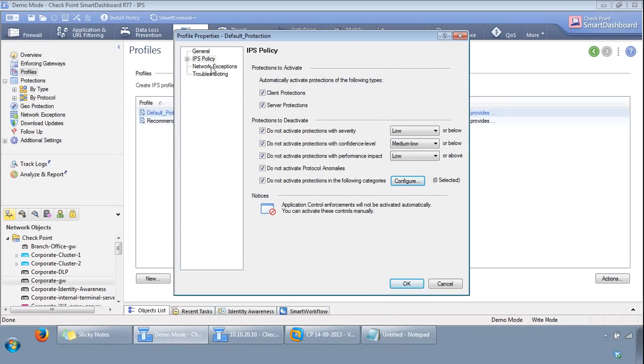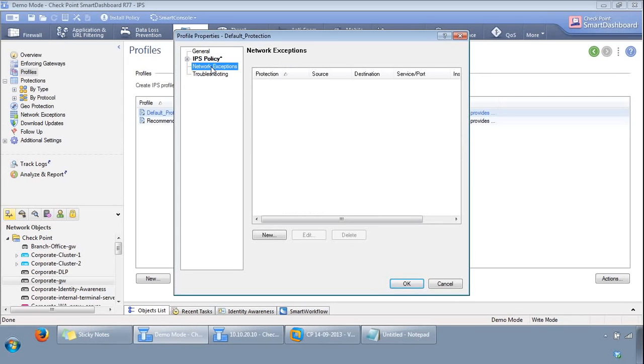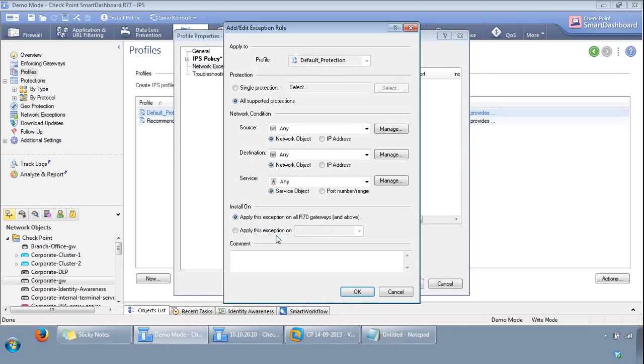Let's go to network exceptions. So you can add network exceptions, so it bypasses the protection or the profile. Because we're in profiles at the moment, the profile properties, it's got default protection in here. So it's saying for this profile, bypass protection. So what you can do from here is